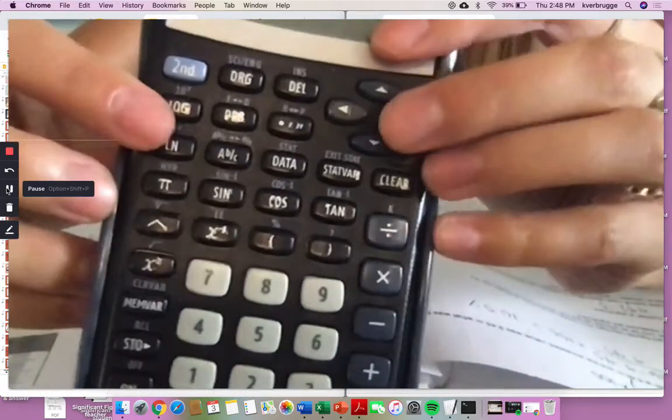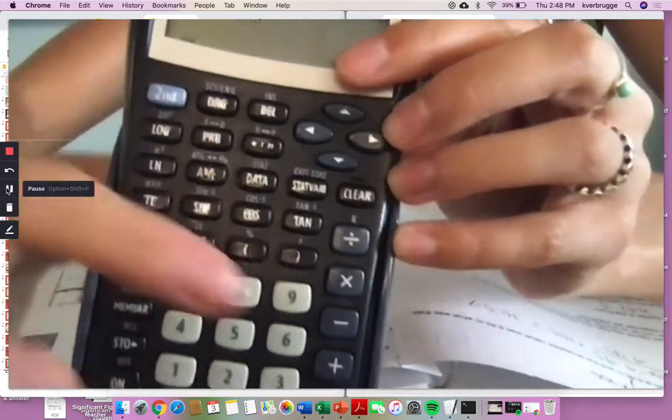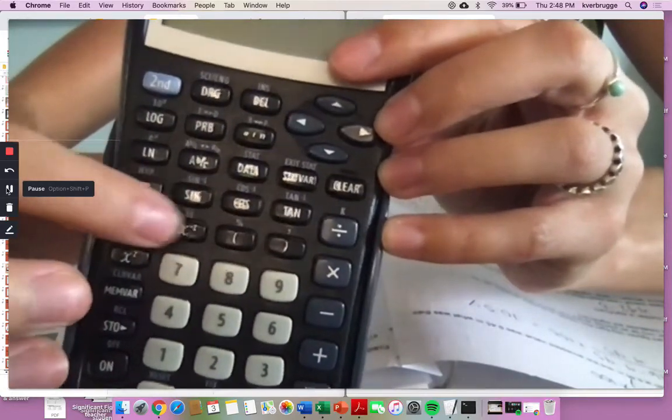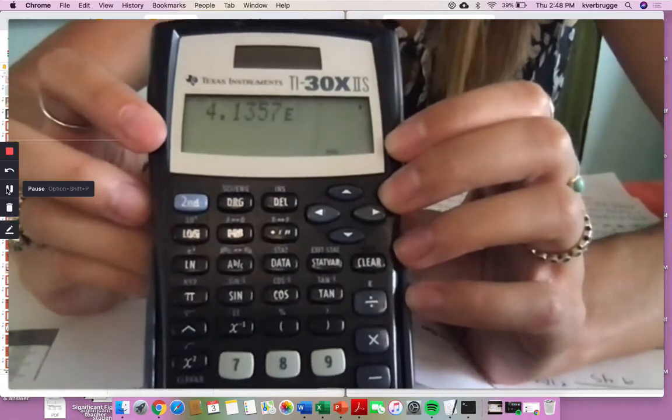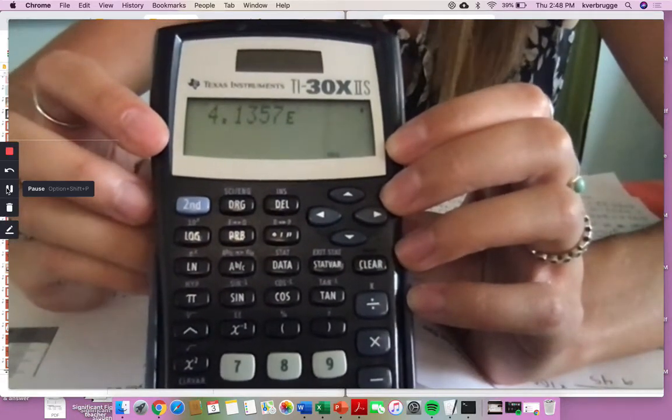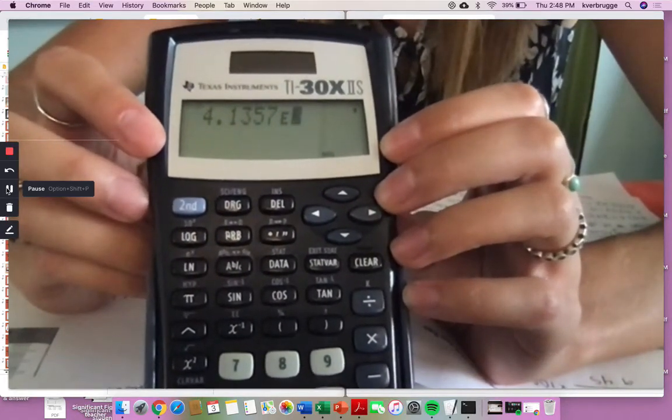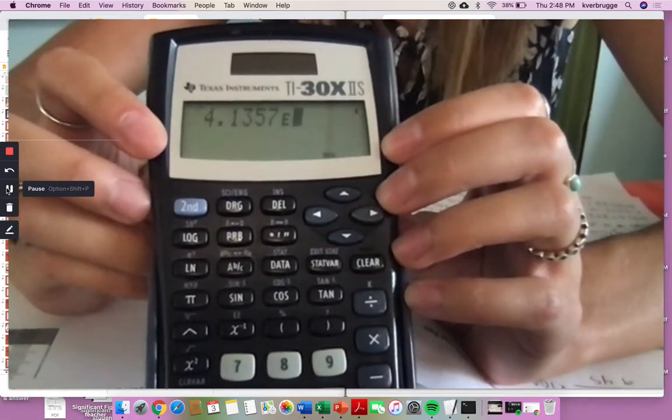So you're going to use the second button and then the EE button. So it pops up with an E. That E means times 10. So right now in our calculator we have 4.1357 times 10